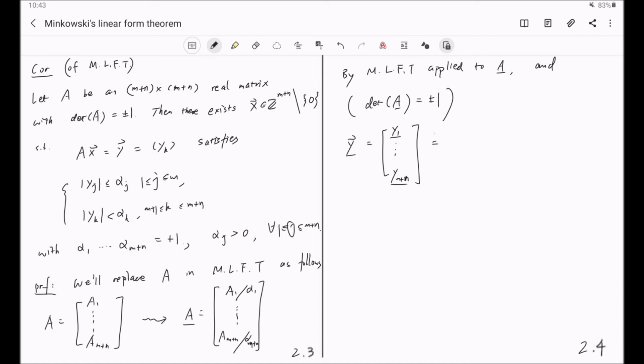This is just defined to be y1 divided by alpha 1 through y m plus n divided by alpha m plus n. And Minkowski's linear form theorem tells you